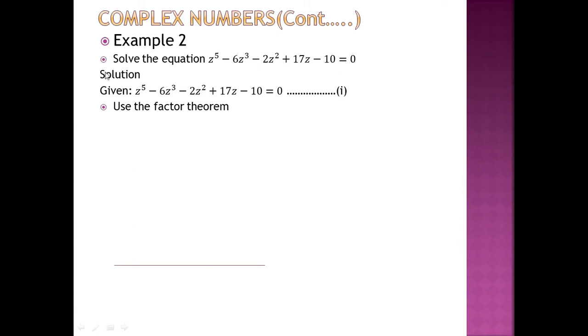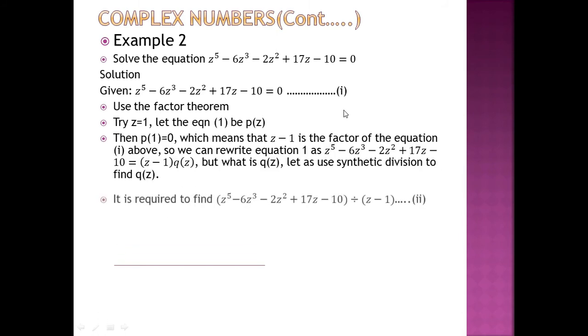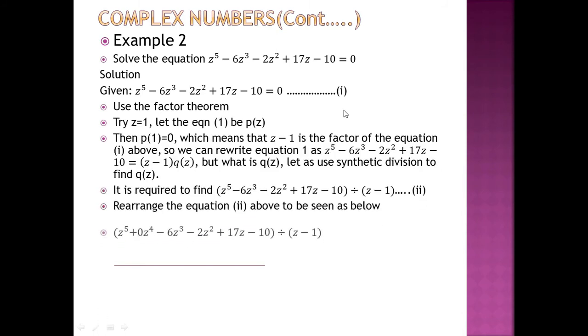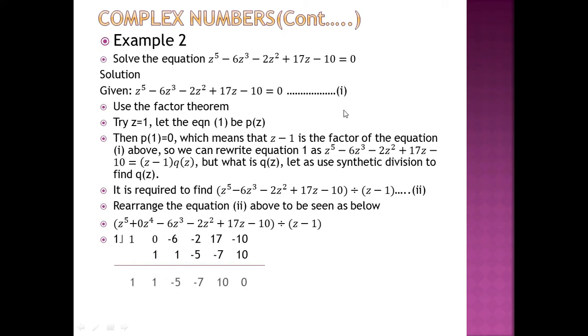The solution is given by, okay, given that this equation, we call it equation number 1, use the factor theorem as normal. Okay, it's a little bit confusing, but it is a very important part in complex numbers. Then use the factor theorem, try z equal to 1. Let equation 1 be p(z), then when you plug in